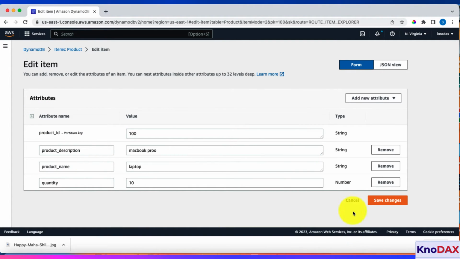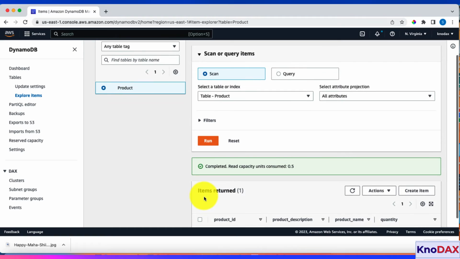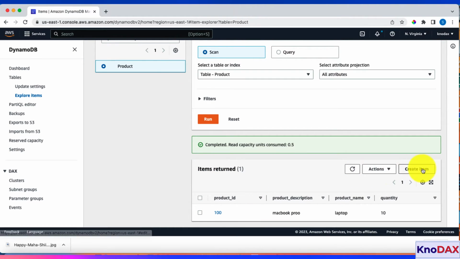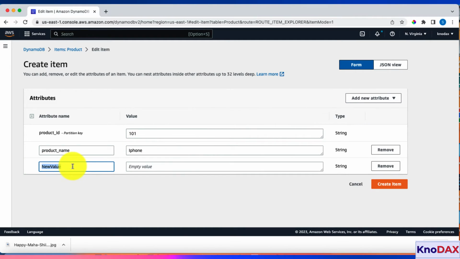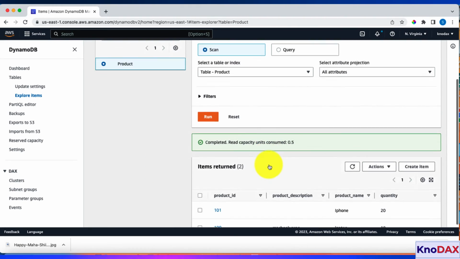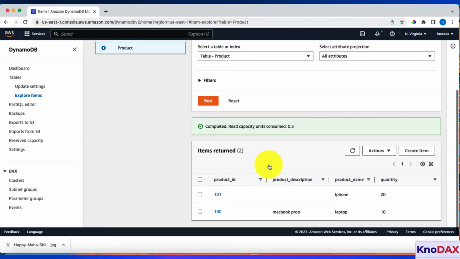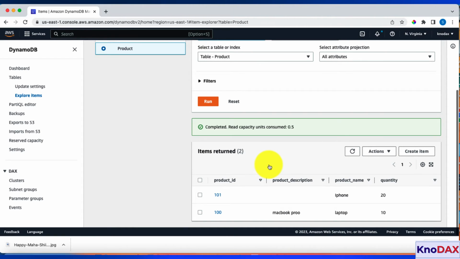Let's create another item. This time, set the product ID to 101. I'll also add product name and quantity, but I won't add a product description. Click Create Item. Notice that DynamoDB still allowed this item to be inserted, even though it has fewer attributes than